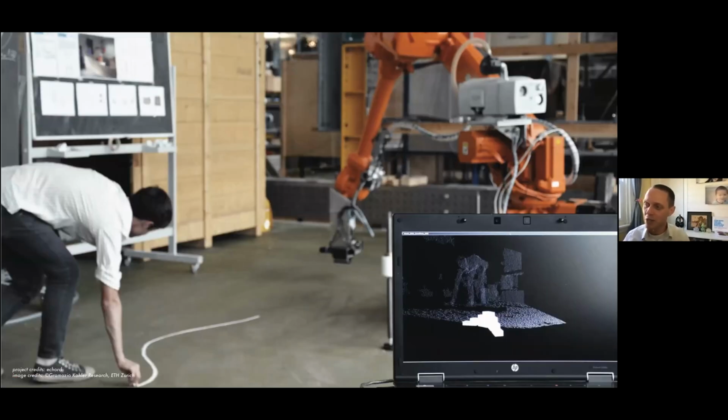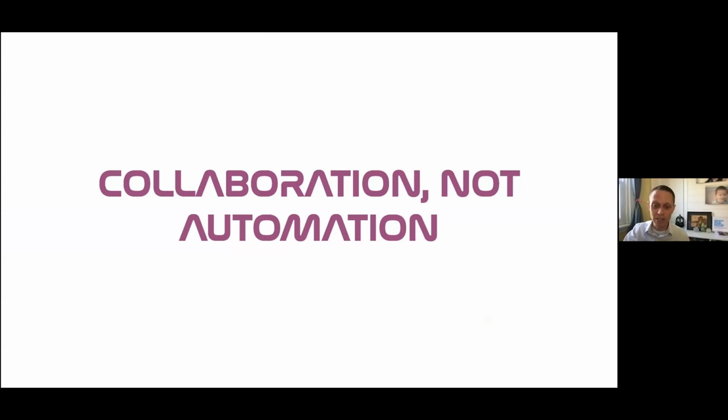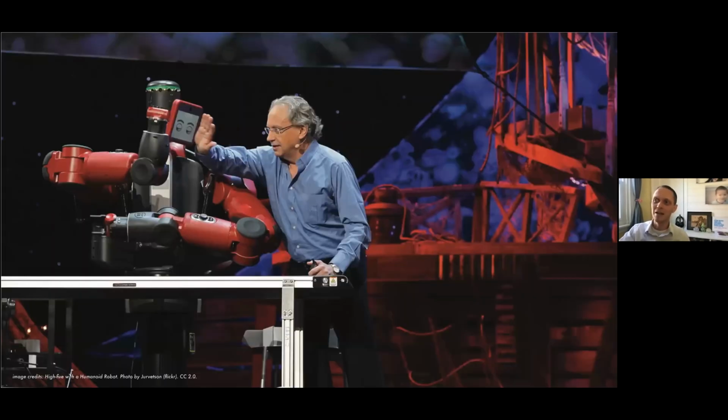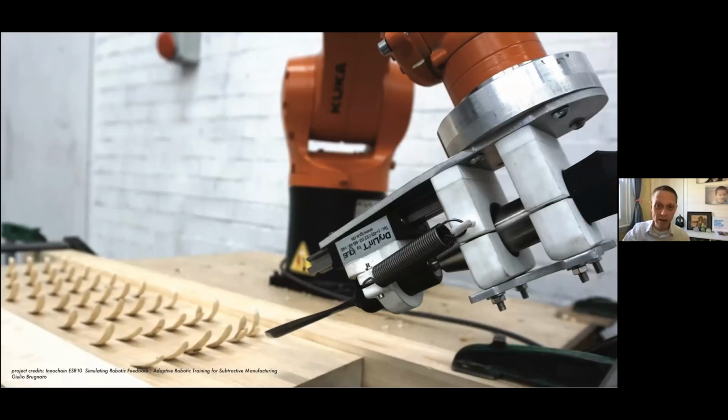What we could be talking about is something more like this at ETH Zurich, where this person is drawing a line on the floor. The computer is seeing how that person is drawing the line in real time and building a brick wall digitally based on parameters. And then the robot is following behind that person, building that wall in real time. That is collaboration, right? We're not talking about automation. We're talking about Rodney Brooks high-fiving this robot here, or teaching a robot dying crafts so that people could learn later on